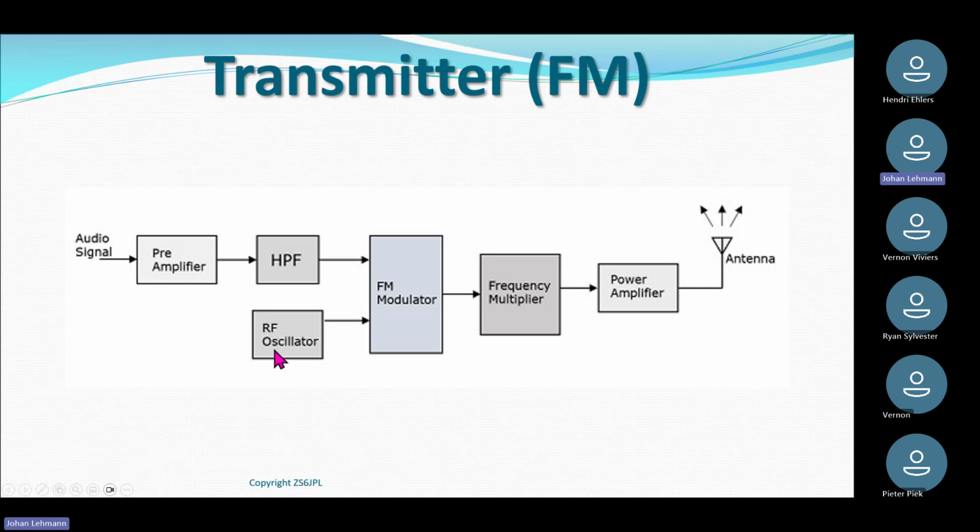It's got an oscillator. It's got a frequency multiplier that takes it up to the desired frequency, and I've got a power amplifier and a filter, which is not shown here. But that's an FM transmitter. Just bear in mind, and I think it is in one of the questions, there is something around the linearity of FM modulation. The amount of frequency change in an FM modulator or FM transmitter is also influenced by the frequency of my audio signal.